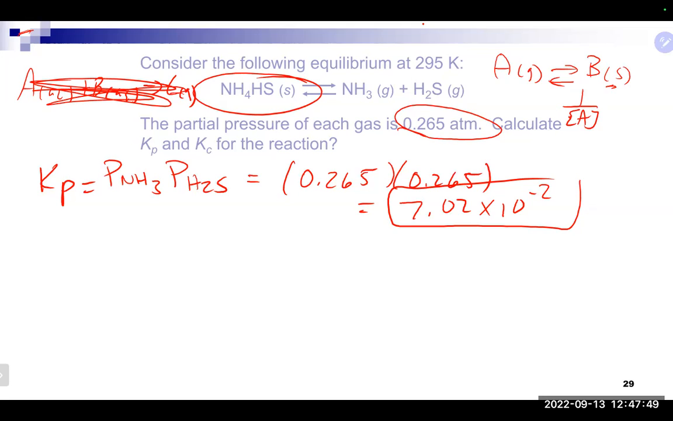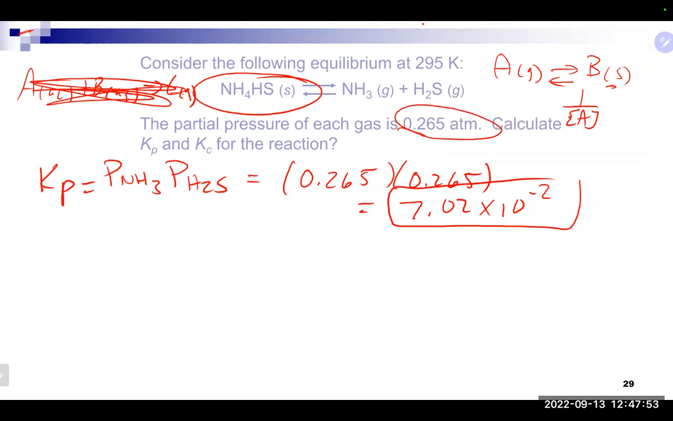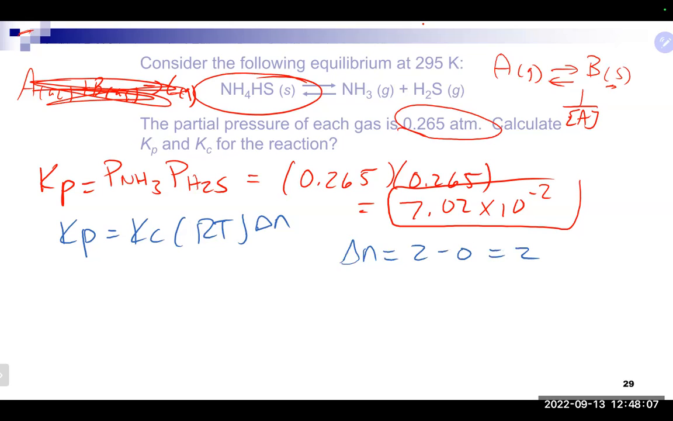Now that we have the Kp, we could again use that formula to go from the Kp back to the Kc, which once again is Kp equals Kc RT to the delta n. We'll calculate our delta n in this case, which would be 2 minus 0, which would be 2. 1 gas there, 2 gases there, and nothing on the reactant side. Our temperature here that I scribbled all over is already in Kelvin, so that is good to go. And I think that's everything in this case. So that would get us